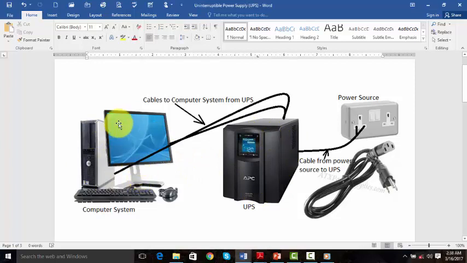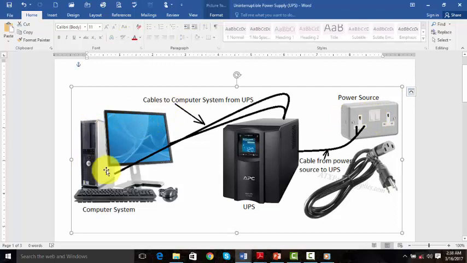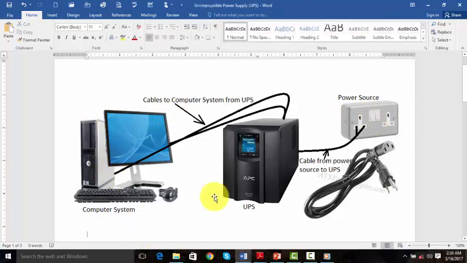Because what we know is that a computer, for example a desktop, once the power is gone, then the computer also will be off. So the work of the UPS is to let the user save his or her work within 5 to 10 minutes.